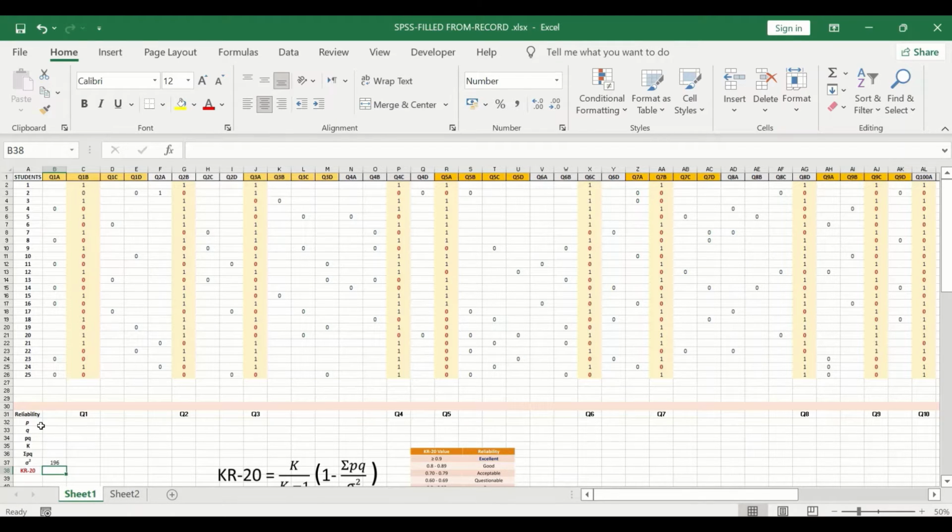The next step is to determine the p-value, the q-value, and multiply p by q, and then determine the sum of the p by q. So for p, for each question, the p is the proportion of the students who answered the question correctly, i.e. counting or adding all the correct answers and then dividing them by the total number of students or participants. For the first question, select the cell and then select the sum function,